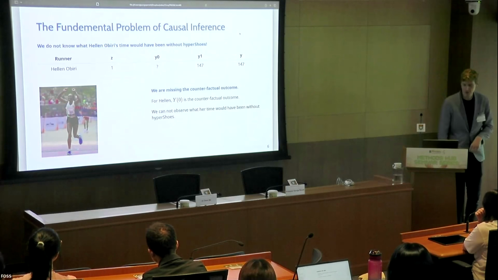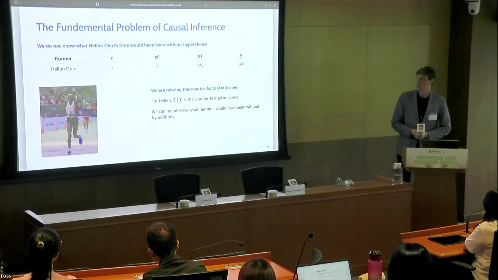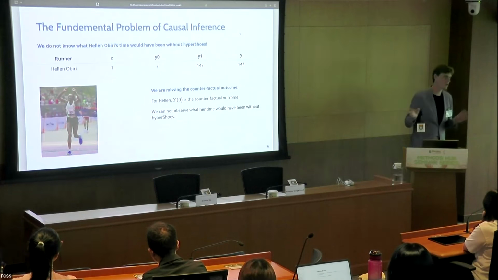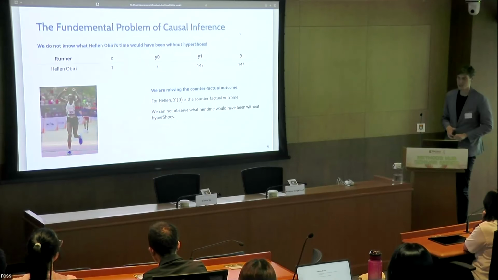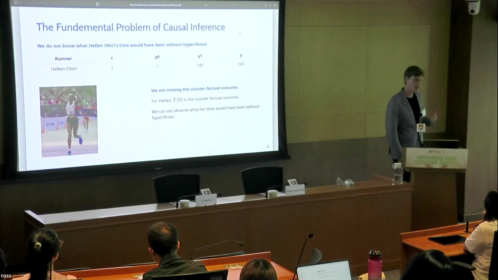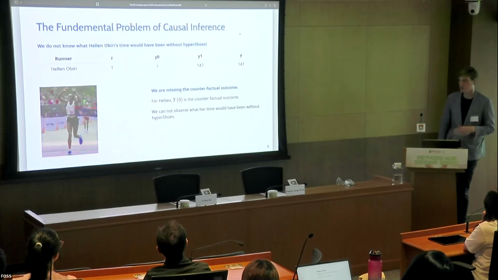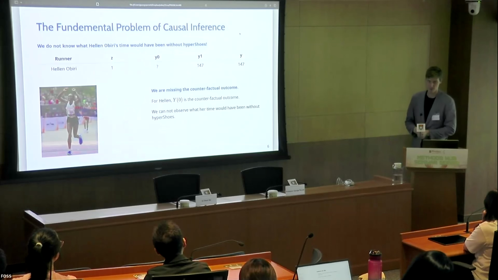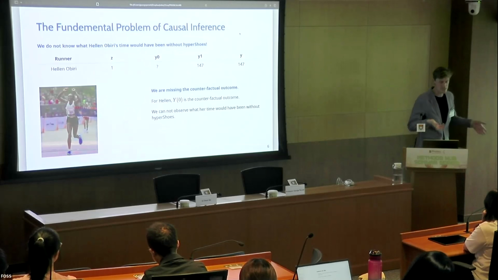Now, the fundamental problem of causal inference, the thing that we have to solve, is we can't observe the world in which Helen didn't wear the hypershoes. We don't see what Y0 is. Here we only see Y, which in the case of Helen maps onto Y1. We often call this the counterfactual outcome. The counterfactual outcome is the outcome that we don't see, but we need to see in order to estimate a